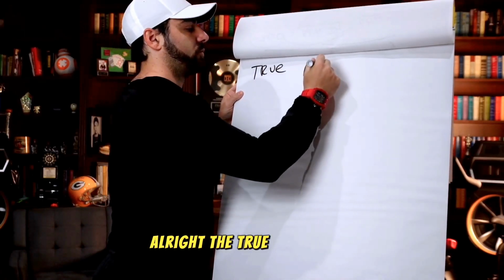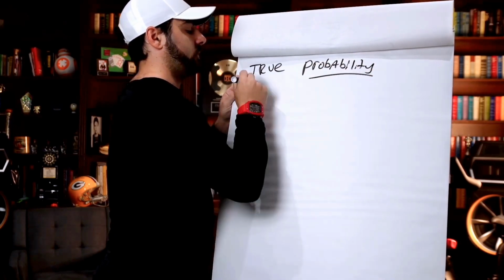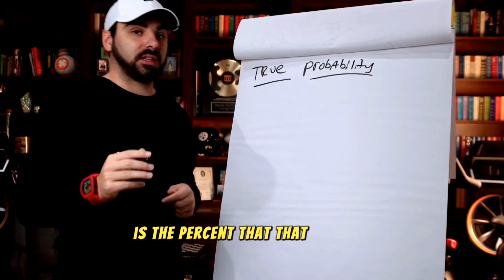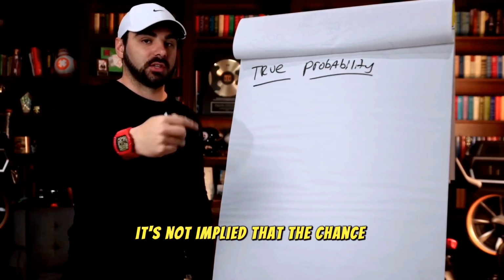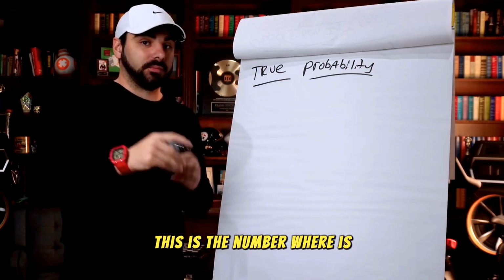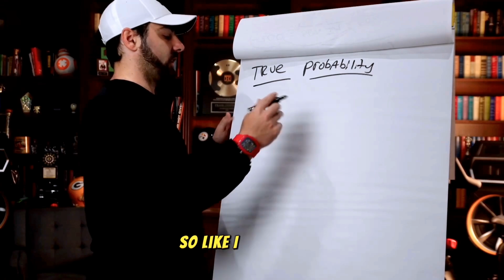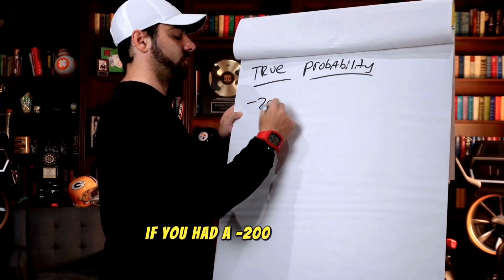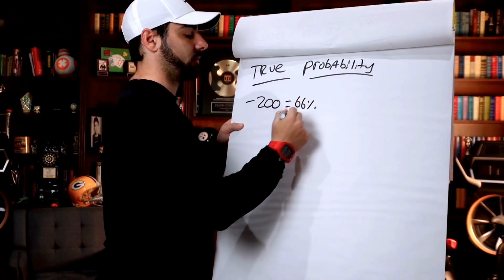All right, the true probability is the percent that that event is actually going to occur. It's not implied, the chance that it might happen. This is the number where this is probably what's going to happen long term. Okay? So like I said before, if you had a minus 200 with the implied probability of 66%,